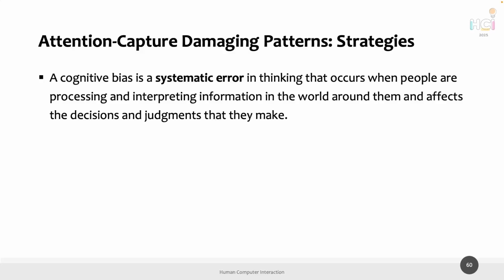So what is a cognitive bias? How are these patterns working? So a cognitive bias is a sort of systematic error in thinking in our brain that occurs when we are processing and interpreting information in the world. And these systematic errors, of course, affect the decisions and judgments that we make. So just to give you an example,